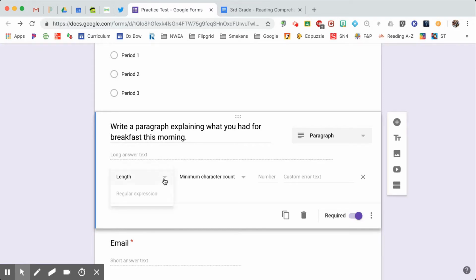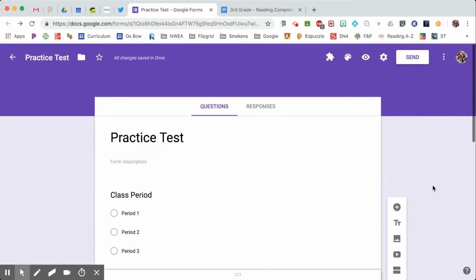So I'll click on length and regular expression, and I'll keep that at length. And then here you have a minimum count or a maximum count, so I want it to be at least a minimum so they can write more, and you can set the character limit. For this one, I'm going to set it at 500. And I'll show you what it will look like from the student end. So I'll come on up to the preview,